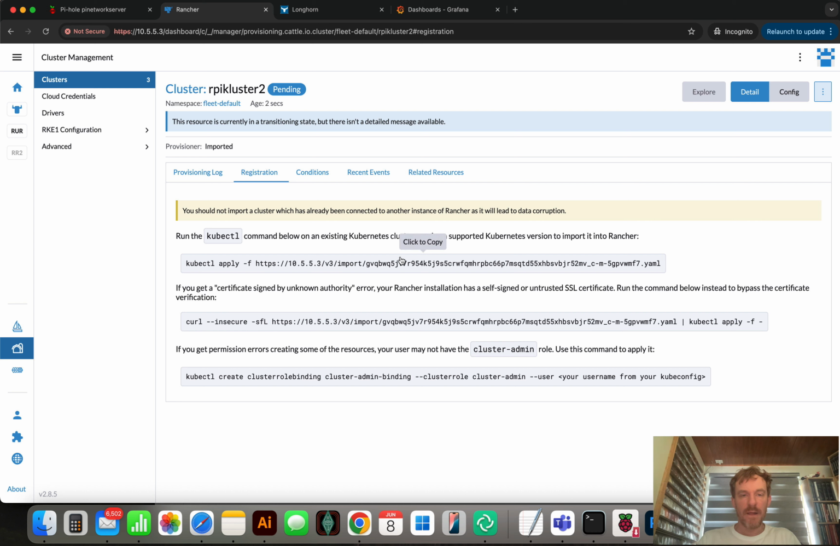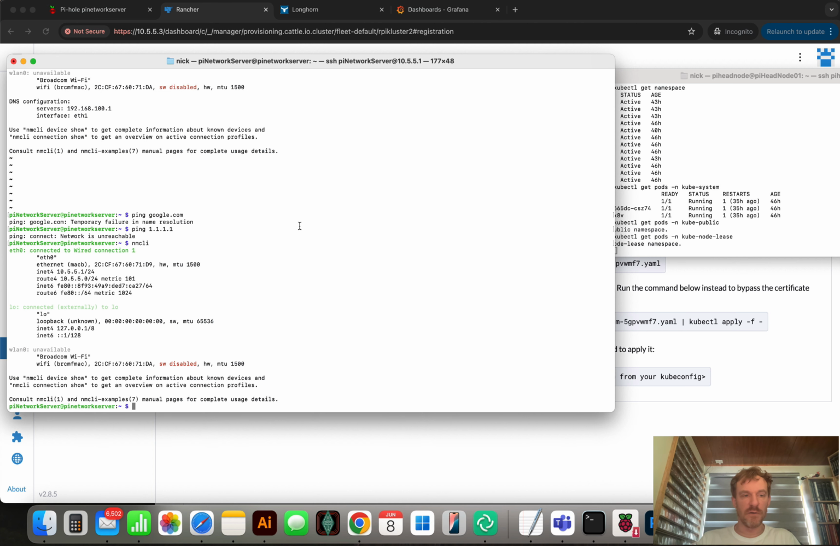So I'm running without SSL, so I go to the option that doesn't use SSL basically. So you've got to be careful which link you choose here. The first link includes SSL, but if you get a certificate signed by unknown authority error in your Rancher installation, has a self-signed or untrusted SSL certificate, then run the command below to bypass the certificate. So basically I run this. You're going to copy that, you just click on it, it'll copy it, and then you'll go over to